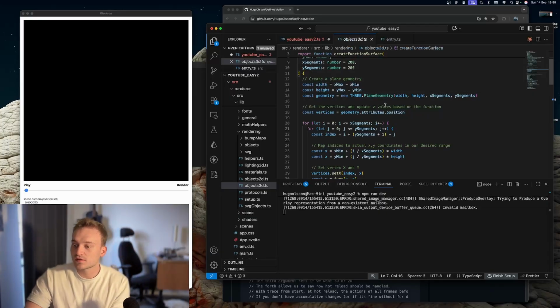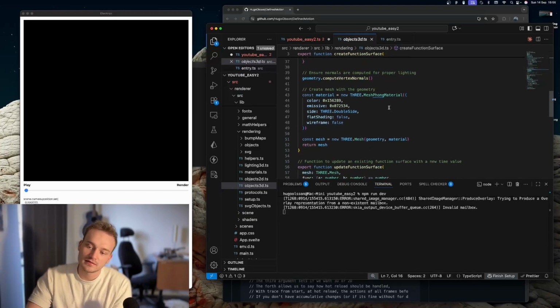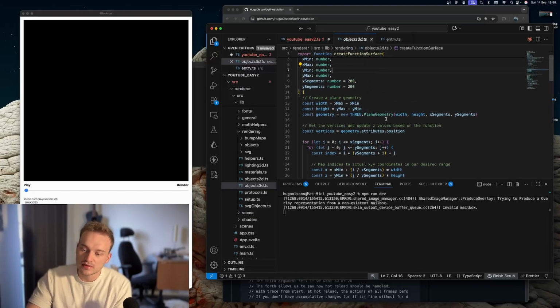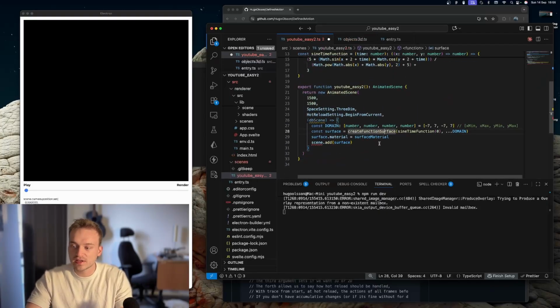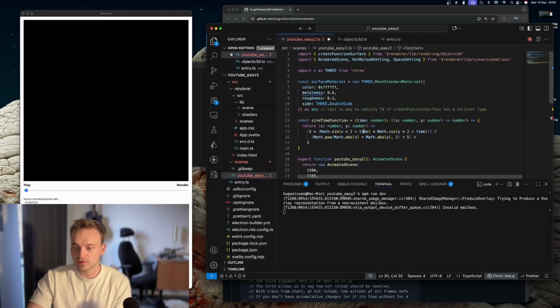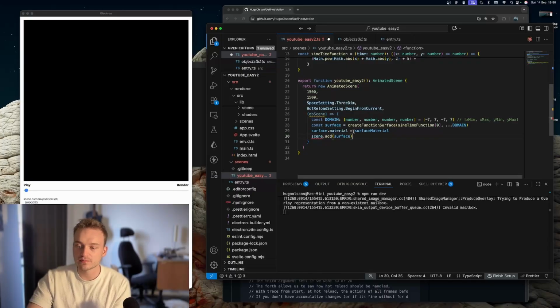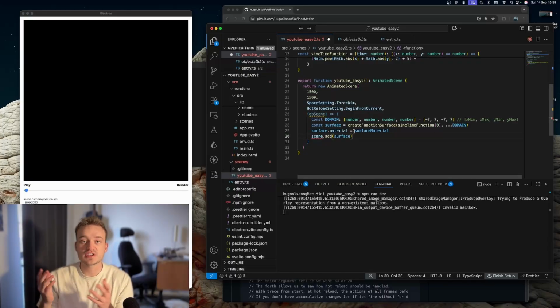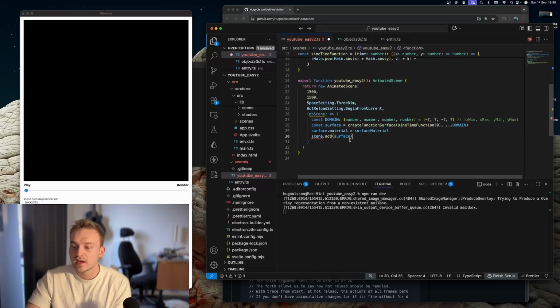And it builds the surface by using the plane geometry. And yeah, it fills it with the values here like a helper. So we use that, and we give it the domain. We set the surface material that we created earlier to the 3GS object that we have created. And lastly, we want to add the surface to the scene, and this should actually be named DM scene for DefinedMotion. I wrote it wrong, so